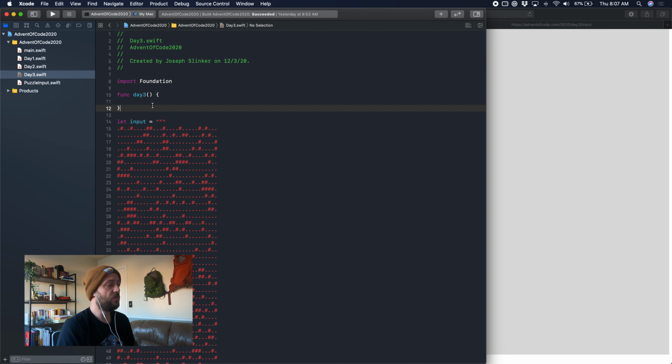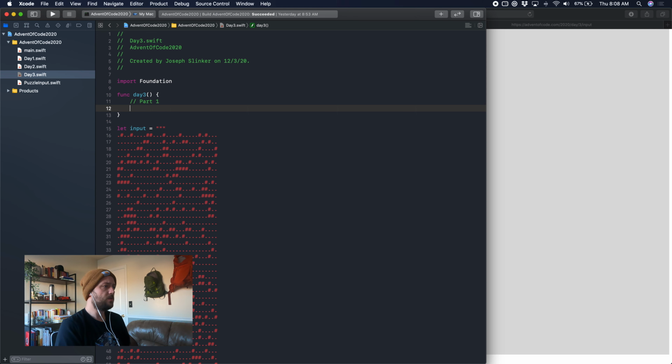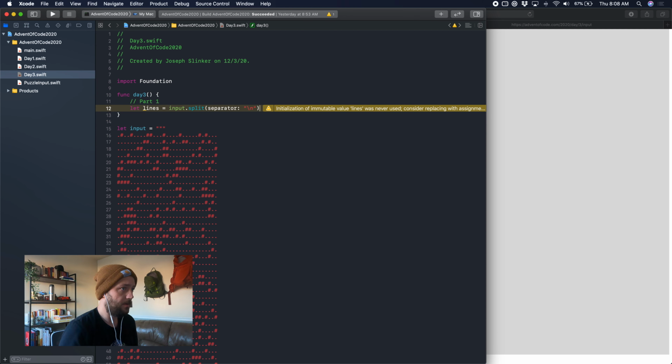So let's parse this first, one problem at a time. So part 1. So our input is we need lines, and so what we're going to do is we're going to say equals we want input dot split on the new line character, same as we did every day so far, and then